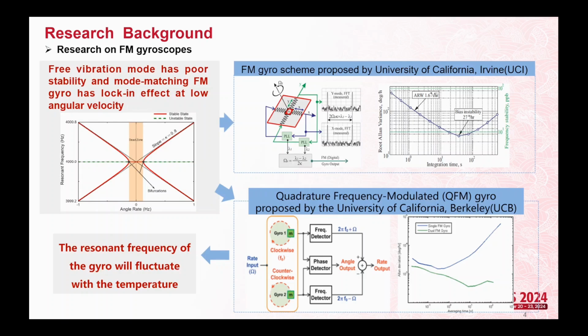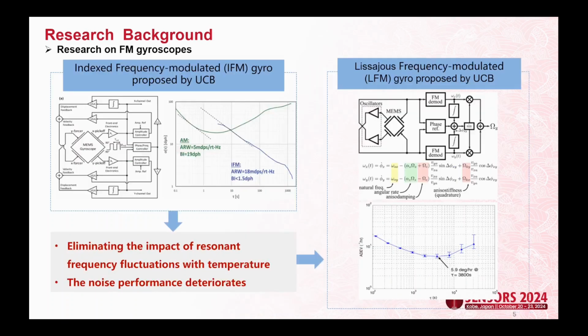But the resonant frequency of the gyro will fluctuate with the temperature. So they proposed a dual digital mask to suppress the influence of the fluctuations. But the two identical masks pose a greater challenge to the process. So later they proposed the indexed frequency modulated gyros. It periodically flips the two modes by a square wave so that the two modes alternate with a phase difference of 90 degrees and minus 90 degrees. Each mode eliminates the impact of resonant frequency fluctuations with temperature, but the high rate flips